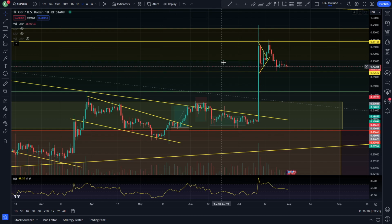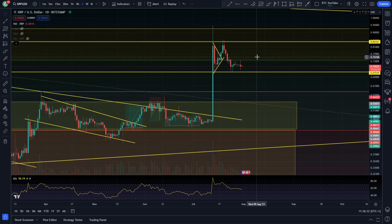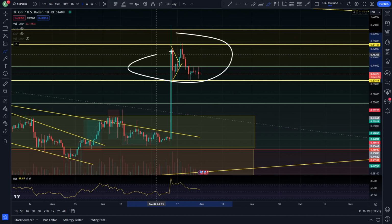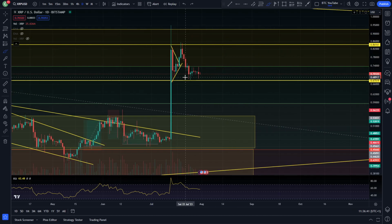We are just taking a quick look at XRP here, and as we can see, it looks like we are still just chopping it up between these two levels that I described in the previous video. You can see quite clearly that we've got a little bit of support down here at around that 67-68 cent level, at the bottom here, that we have been bouncing off quite a few times now,